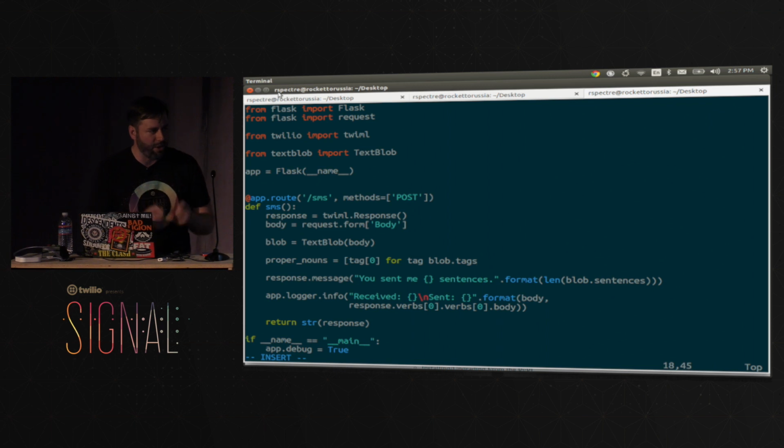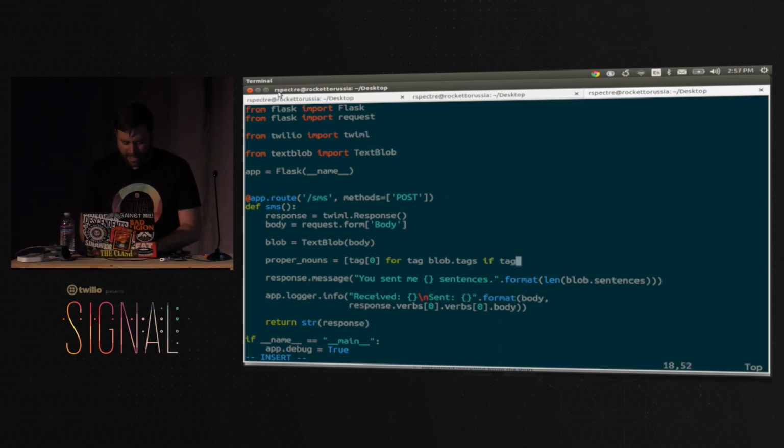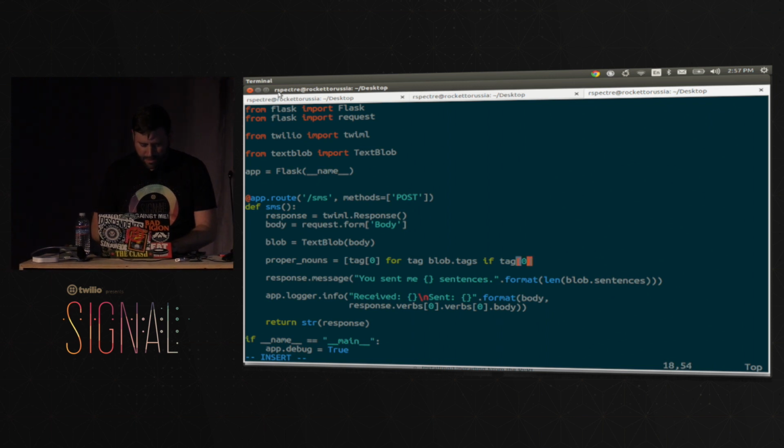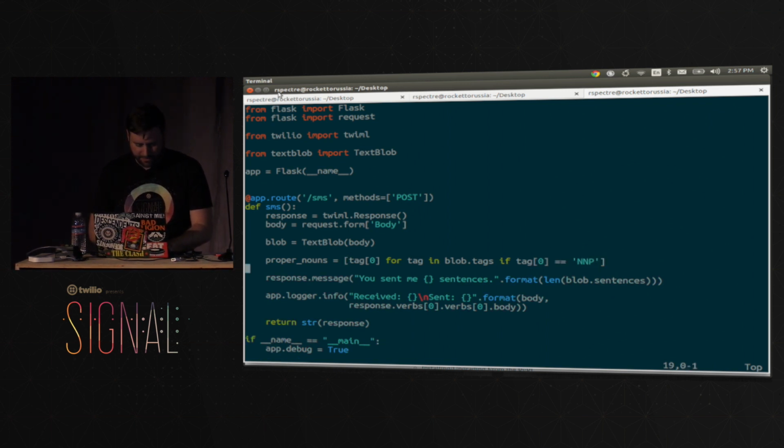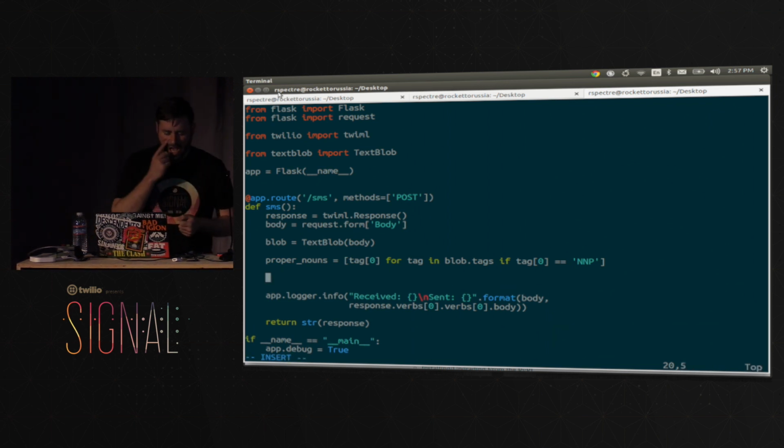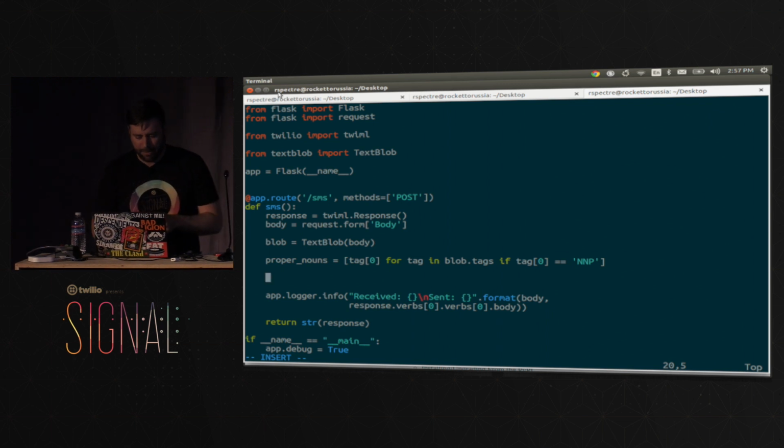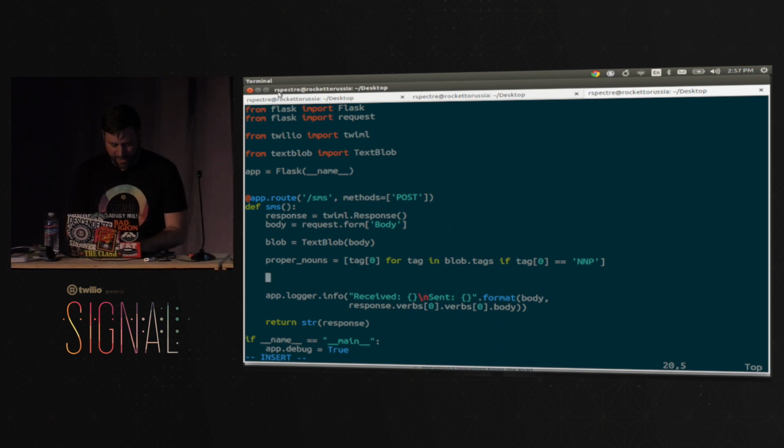We can classify every token that our blob has created, and just grab the tags that have been classified as proper nouns. Does that make sense? So we're taking all the tokens in our blob, tagging them as parts of speech, and then just grabbing the ones that are proper nouns. And then we will return those in the response